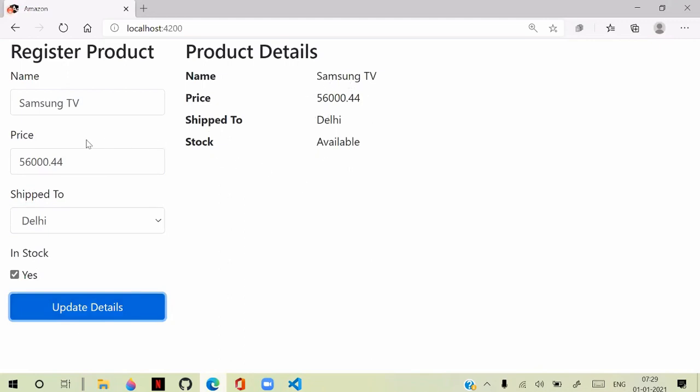Any change I am making into this is not immediately updated there. Now when I click update details, it will update those details there. So until I click update details, it is not updated. That depends on your requirement, how you want to configure.